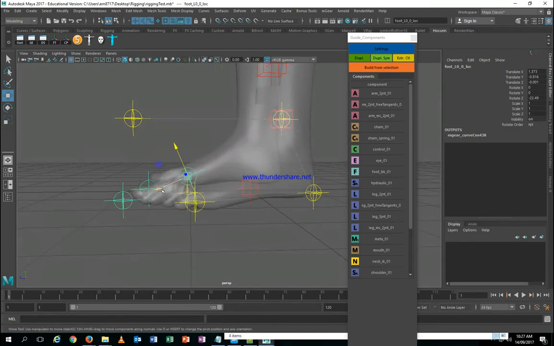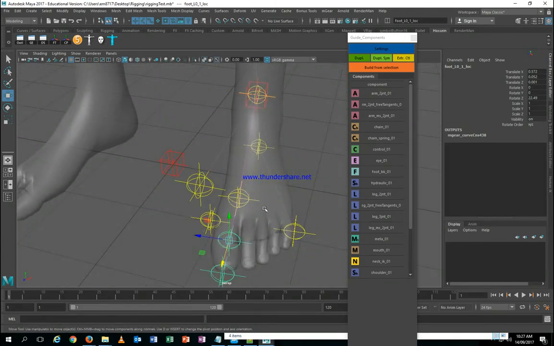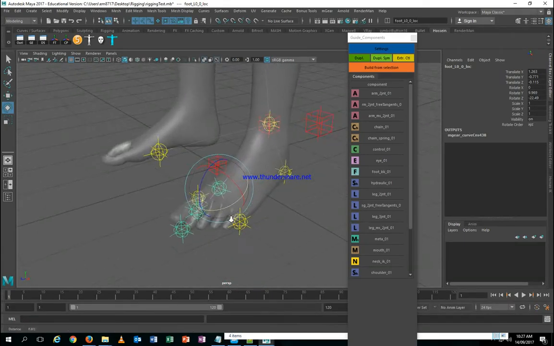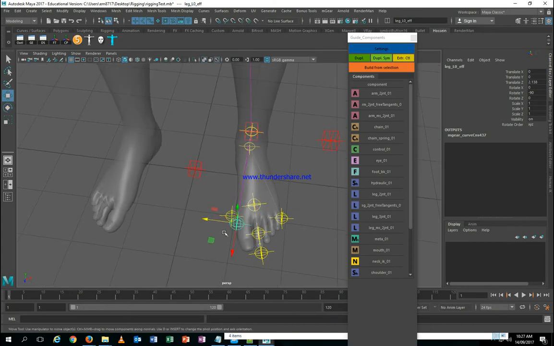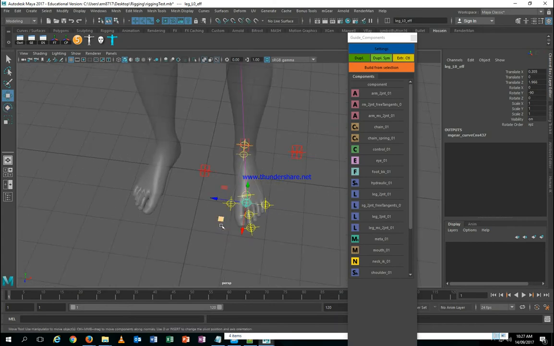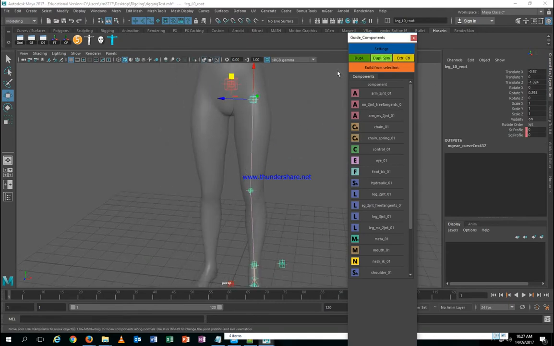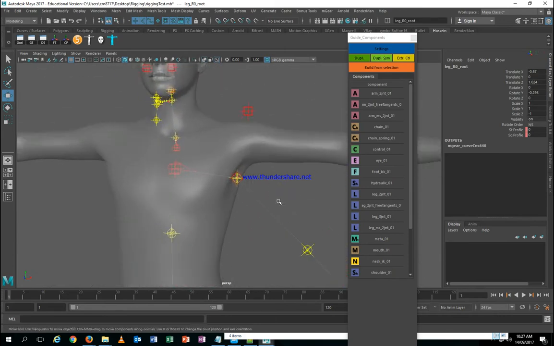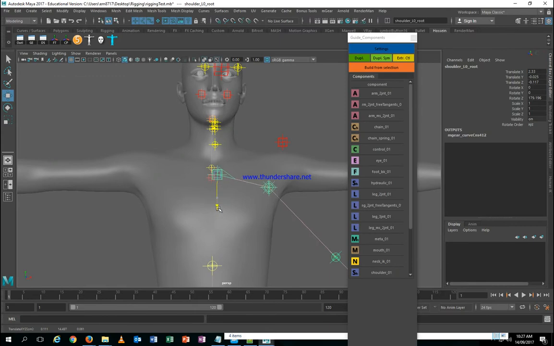Foot location, it's here. It's for the toe. Maybe I position that like here around slightly. That's all good. The direction of the foot is like that, and I can select that and say duplicate symmetry, and it gets duplicated. Now let's do the, okay, so this is the middle of the